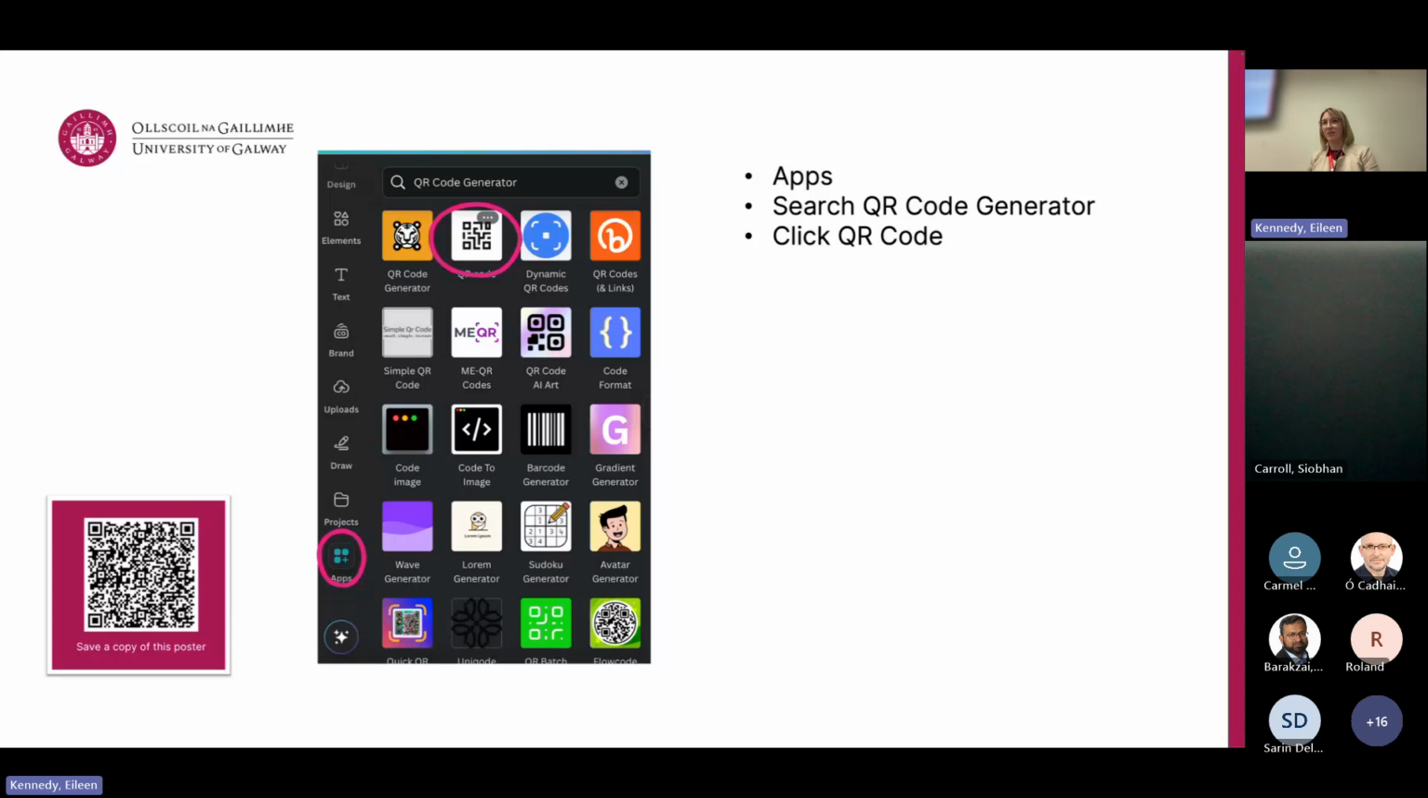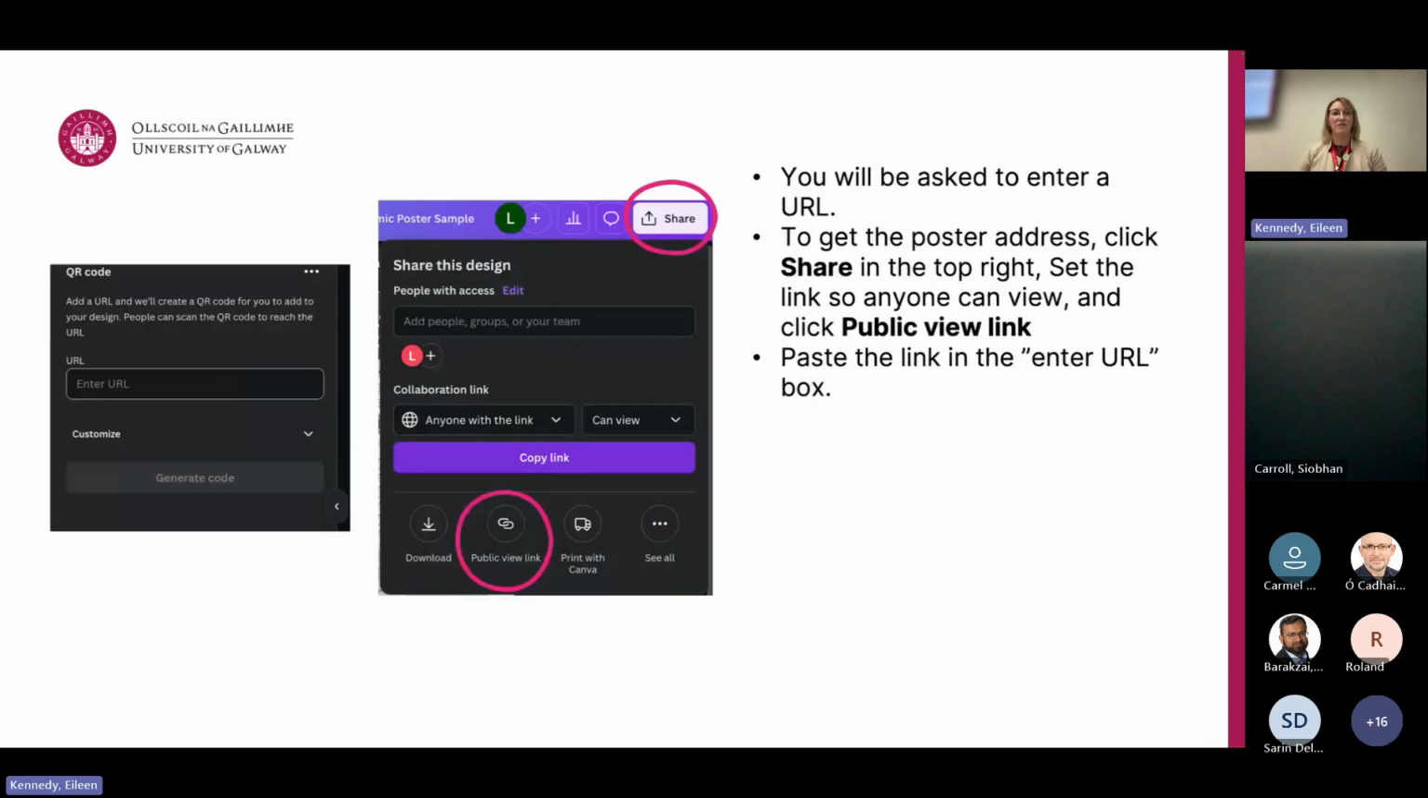Once you've clicked on QR code, you can add in any URL that you want. So this could be a URL that goes to your LinkedIn, it could go to your paper, it could go to your university's page. But what I'm going to do is put in a URL that actually goes to this exact poster on Canva. So what I'm going to do is go to the top right, click share, and then